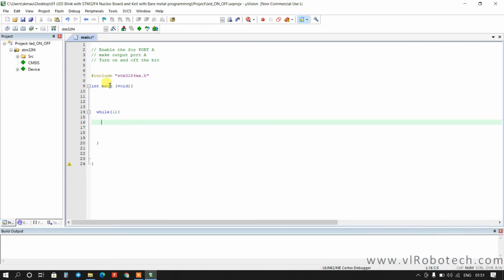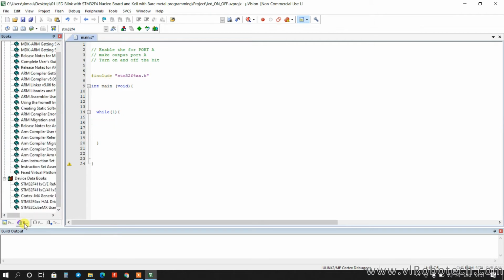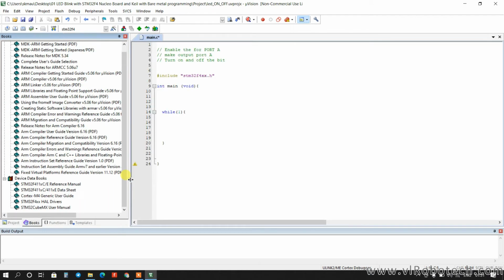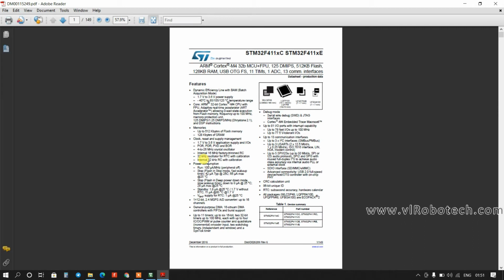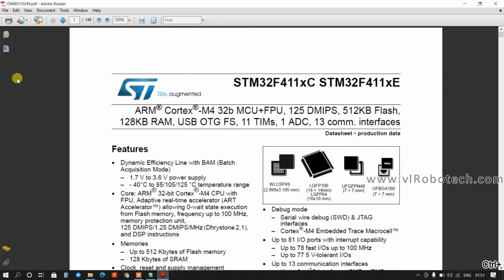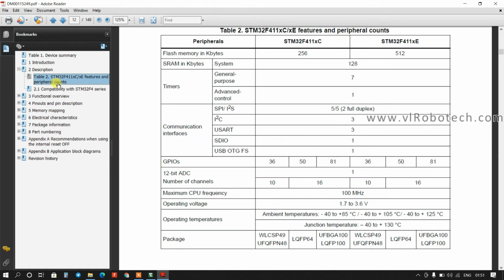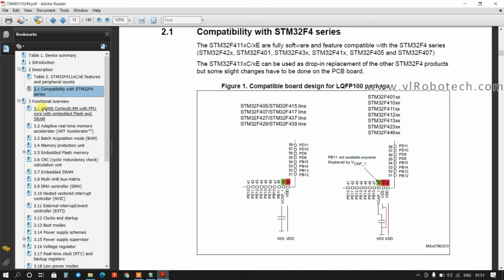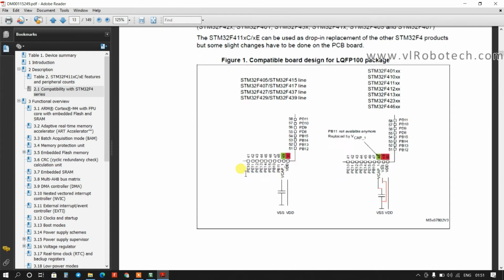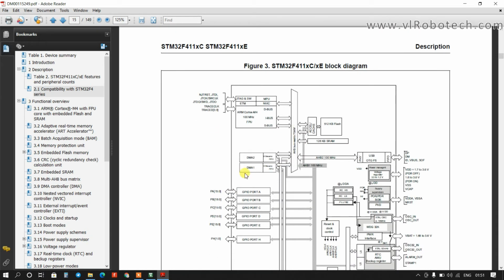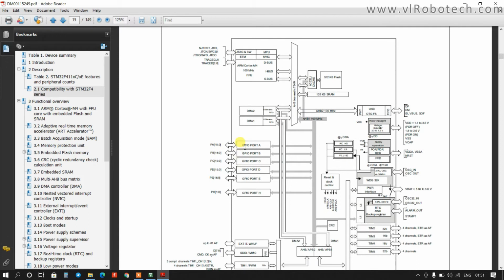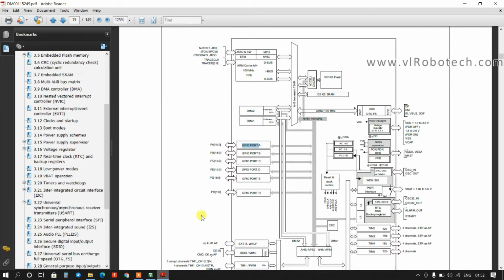So now we will go to the user manual of this controller. Sorry, we will go to the datasheet and go to the block diagram. Where is the block diagram? Okay, this is the block diagram. You can see GPIO port A is connected on the AHB1 bus. So we have to enable the AHB1 bus clock. Okay, I will close this